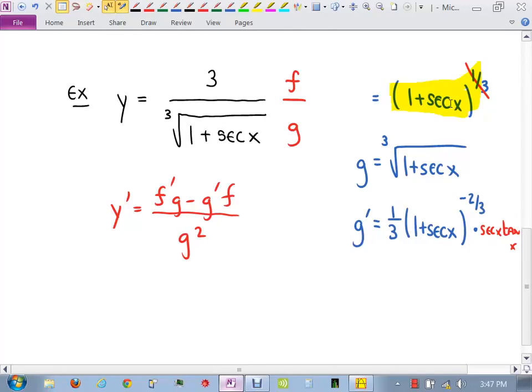So I'm done. I have g prime. So now I should be able to come back here and rewrite everything. f prime we said was 0 times g, which is the cube root of all this right here, minus my g prime is just a mess. 1/3 1 plus